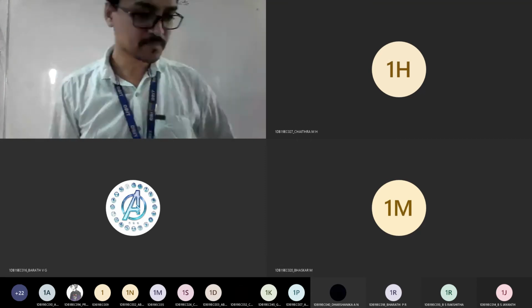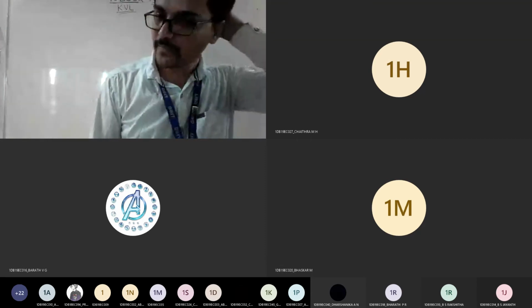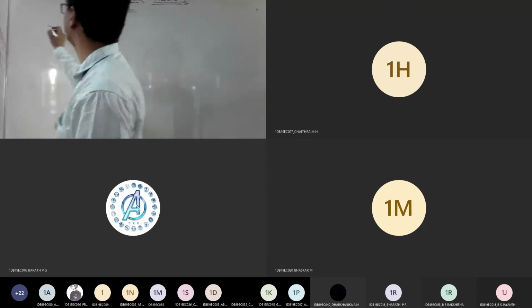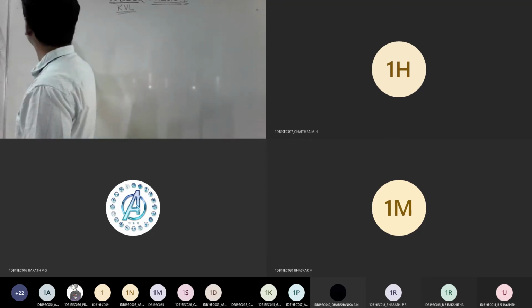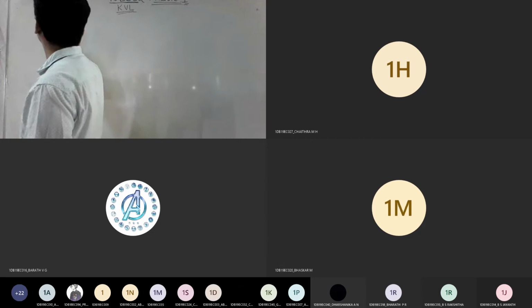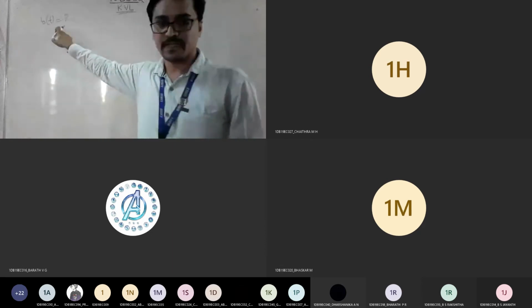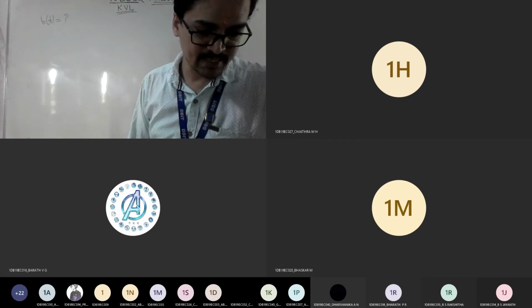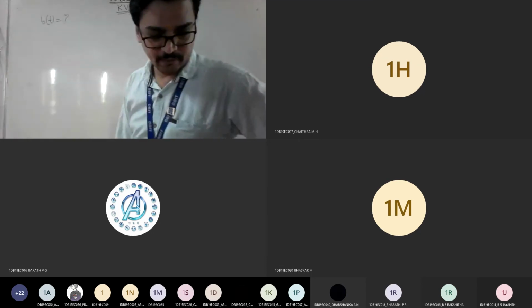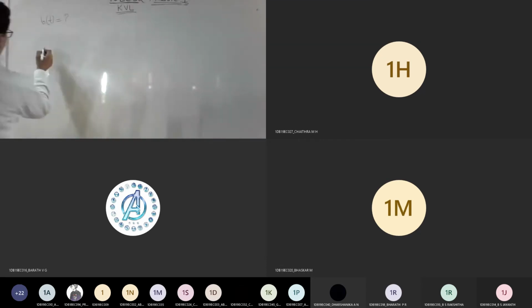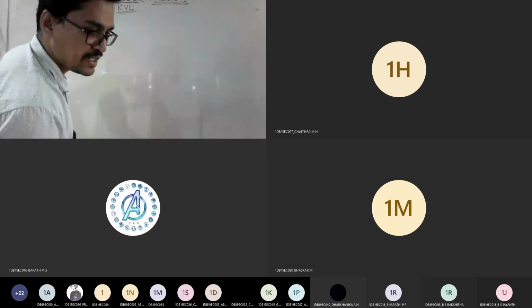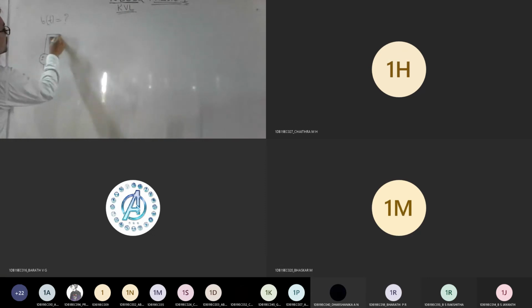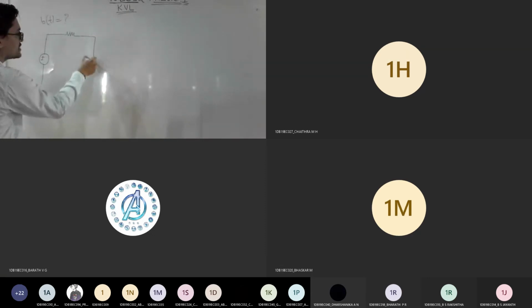Next problem. They ask you to get the current I naught of t. Solve for I naught of t using mesh analysis for the network shown below. See, it's a very, very important question. There are some slight changes to be made from this network, which is what we are trying to analyze now.